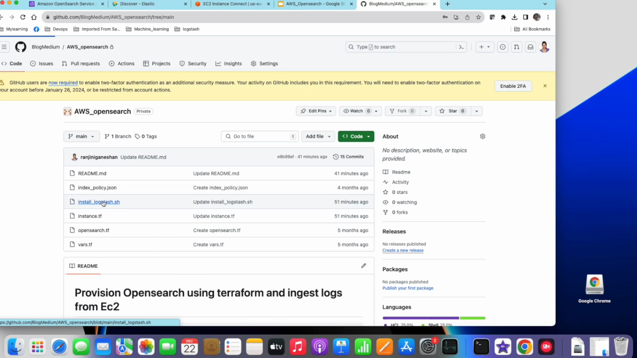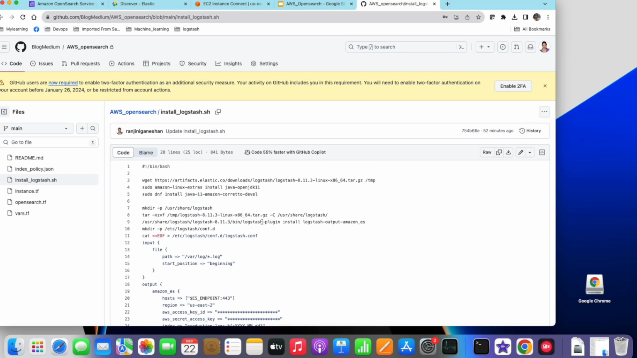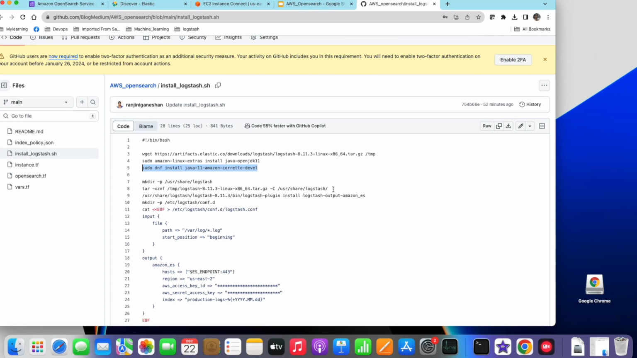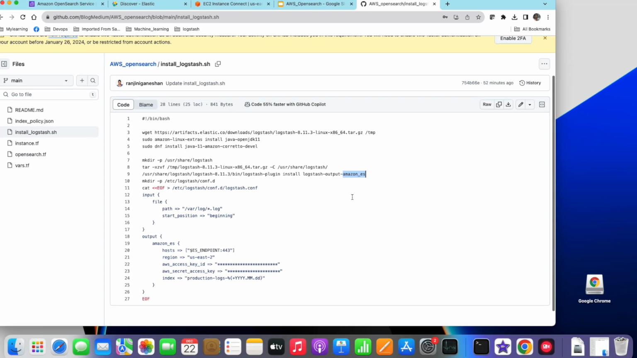So let's understand how to install the logstash agent. I am downloading the logstash agent from the official Elasticsearch documentation. I am installing the JDK and then extracting logstash, and for sending the logs to the OpenSearch cluster which is on AWS cloud, I wanted to install the plugin called logstash-output-amazon_es. The pipeline which we talked about in the previous slide is